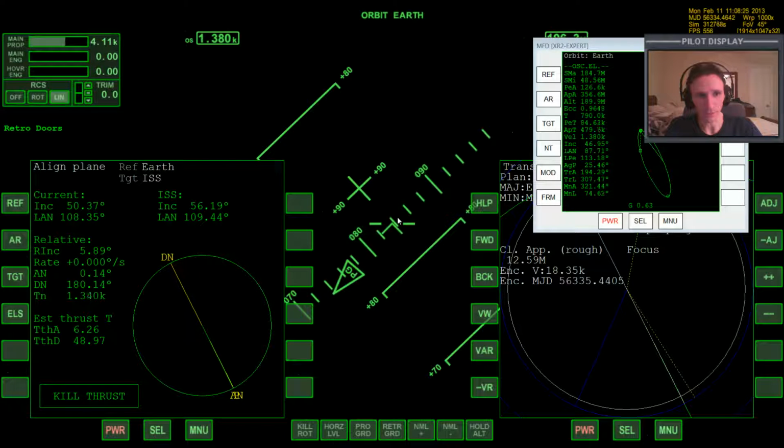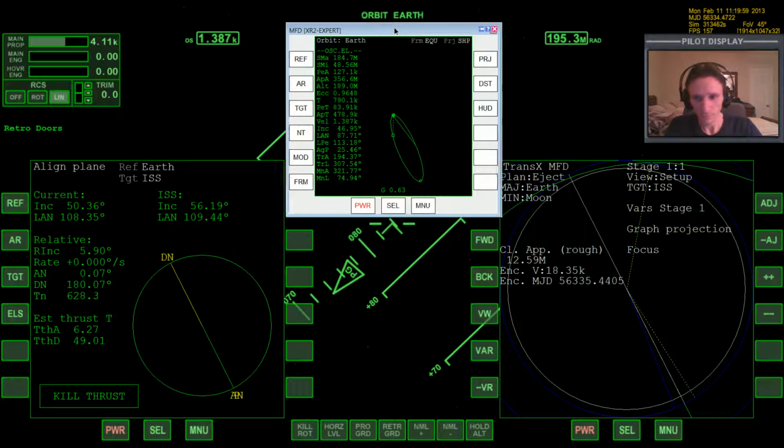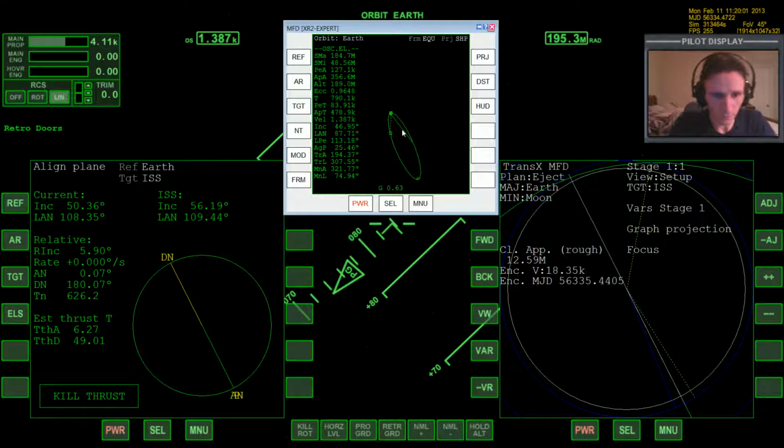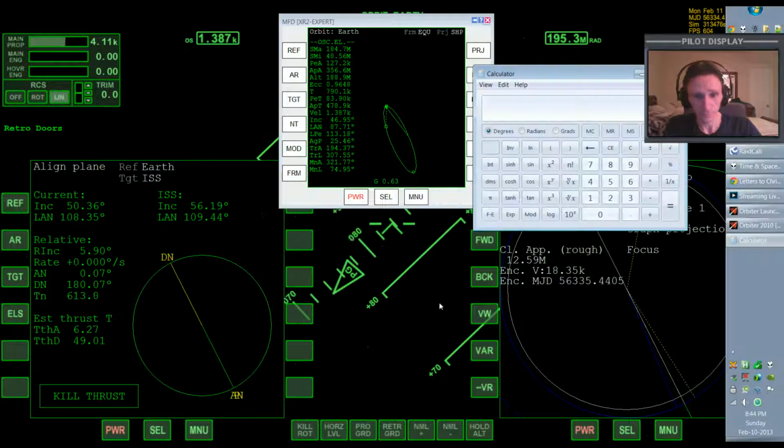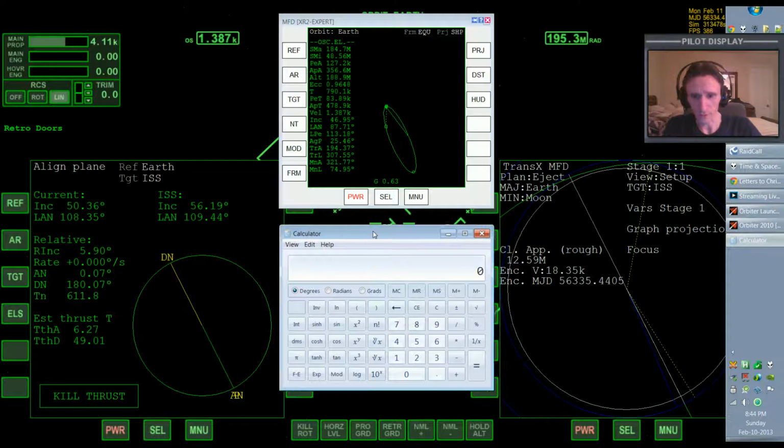And we're just about there. Well, we're not. Now we're just about there. So let's do this. We're going to set up a maneuver because I believe TransX actually gives us a more accurate number for the amount of delta V that we're going to use, as opposed to doing our calculation. Let's do both. So according to our calculation,